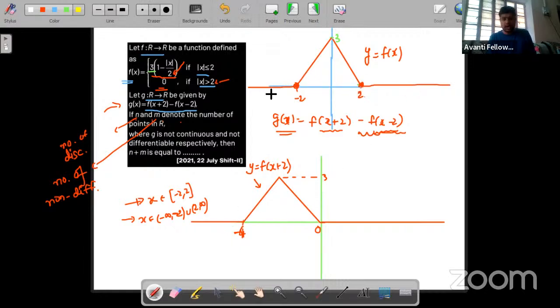So this point will move to 0 and this point will move to 4. So the graph from the left-hand side till 0 will be 0. The same graph I'll be using here, 0. Then there is a triangle type, and then again it is 0. So this is x equals 4. This is again 0. Clear? This value is again 3. So what is the function? This is f(x) minus 2.